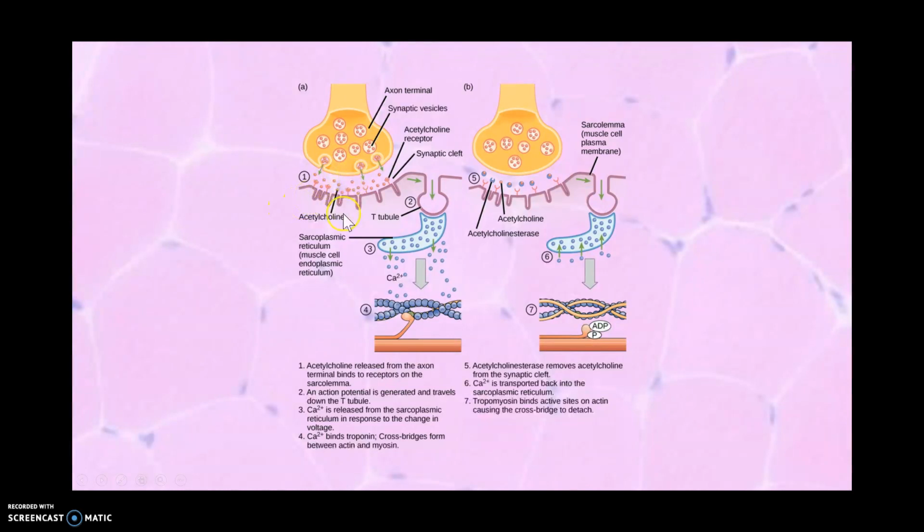Once we generate an end plate potential, that signal travels down, right? It's going to travel down the cell and activate calcium channels. Calcium is released from the terminal cisternae of the sarcoplasmic reticulum into the muscle fiber, right? So we have our sarcoplasmic reticulum. The action potential is going to come down the cell, and that signal is going to increase the release of calcium from the terminal cisternae of the sarcoplasmic reticulum. Now we have all this excess calcium in the muscle fiber, which is good because